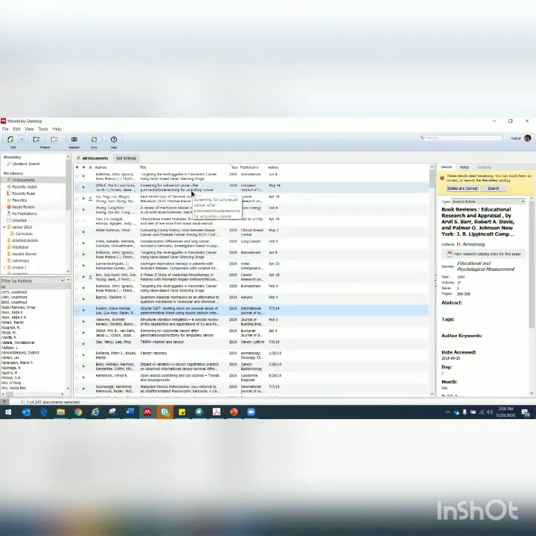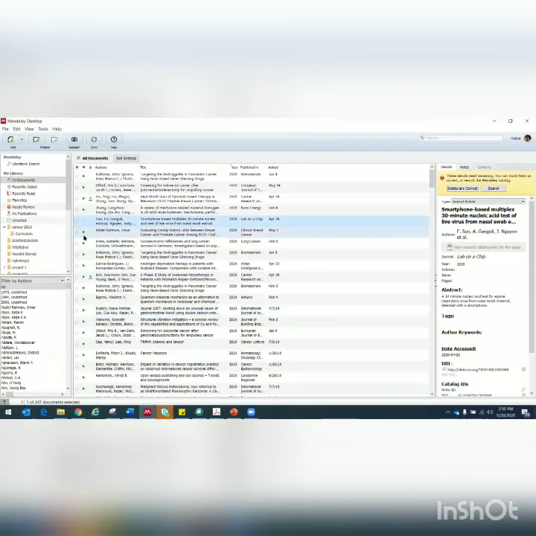Next, you remember I asked you that we need to install a few things. So that installation can be done from tools. You can simply go to tools and install Web Importer and install MS Word plugin. You will also see an option to get Mendeley Cite. Now this is a beta version that is currently running and under trial. So once it officially comes out, it will be integrated into the software. But for now, you can install the Web Importer and install the MS Word plugin for your reference, right?